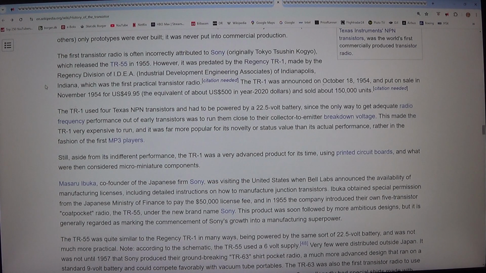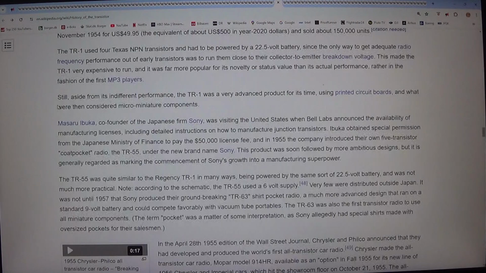The TR-1 was announced on the 18th of October, 1954, and put on sale in November, 1954 for $49.95, the equivalent of about $500 in year 2000 dollars, and sold about 150,000 units. The TR-1 used 4 Texas NPN transistors and had to be powered by a 22.5 volt battery, since the only way to get adequate radio frequency